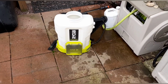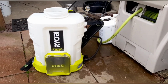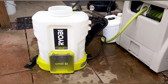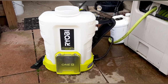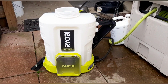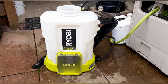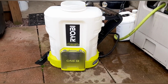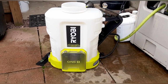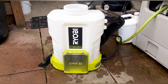Definitely a good buy. Like I said, my last one's still going good. I haven't had any problems with it, but the pickup tube is just a killer for me. That's the main killer, and this one addresses that main issue. So yeah, if you guys are looking for a sprayer, go check this one out. Like I said, I just got it, but